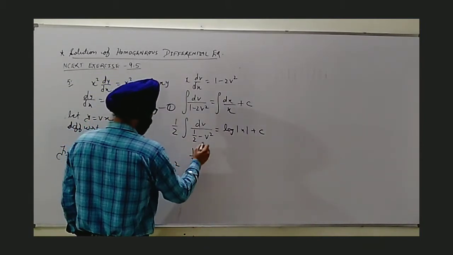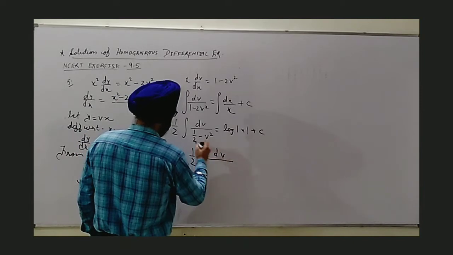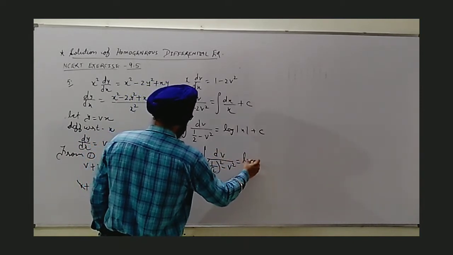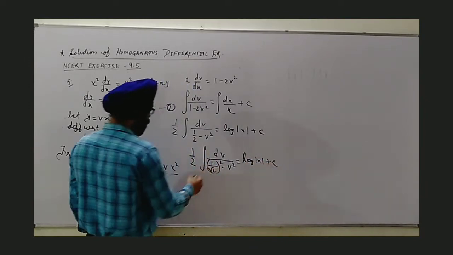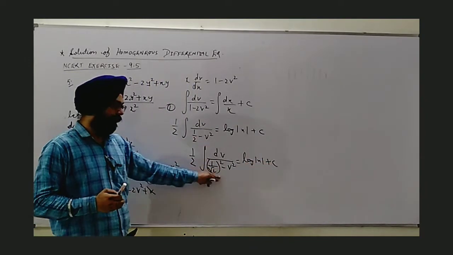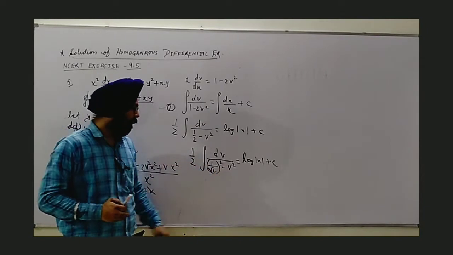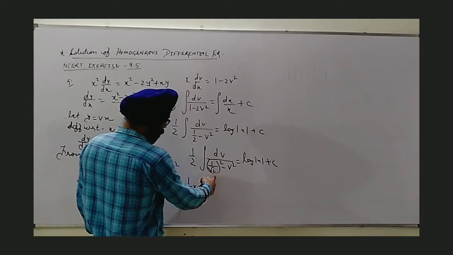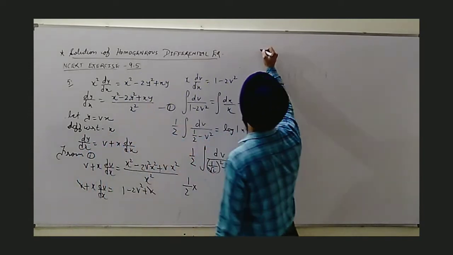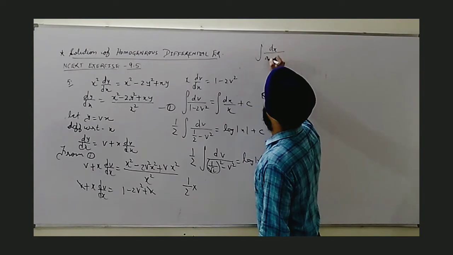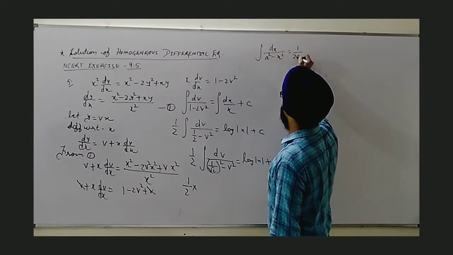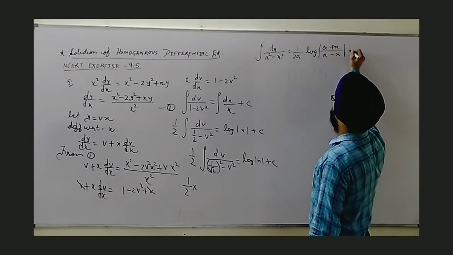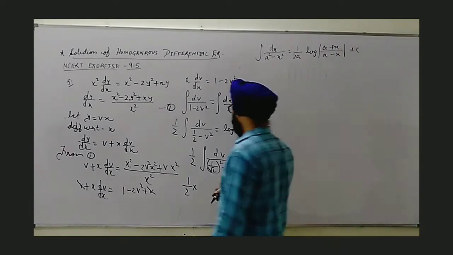We get half integral dv. This can be done as 1 by root 2 whole square minus v square equal to log mod x plus c. And yeah, now you can compare. This is like 1 upon a square minus x square. Okay, so here the formula applicable will be 1 by 2 as it is. This formula, let me write aside. Maybe you don't remember. Maybe dx upon a square minus x square is 1 upon 2a log of a plus x upon a minus x plus c. This formula will apply here.